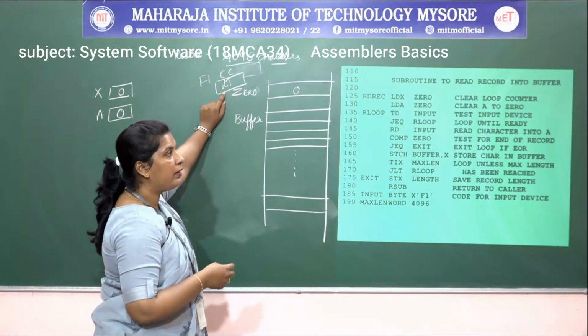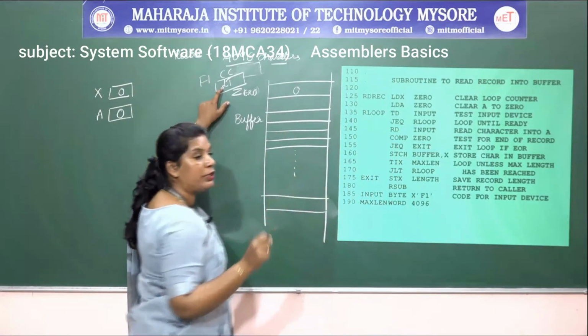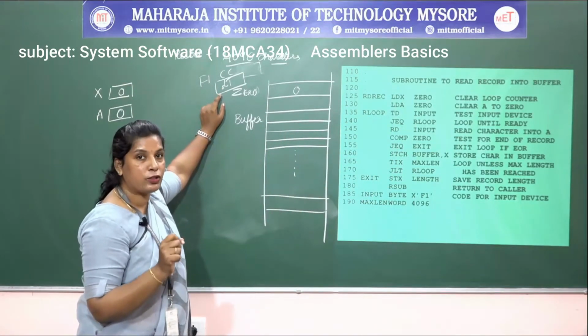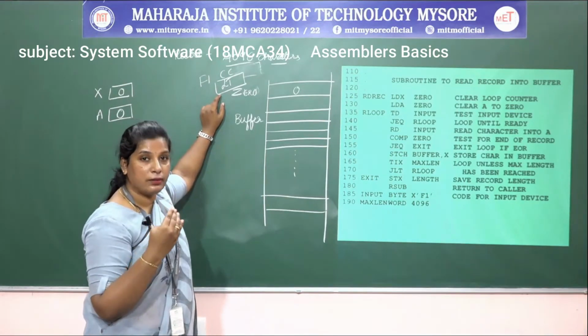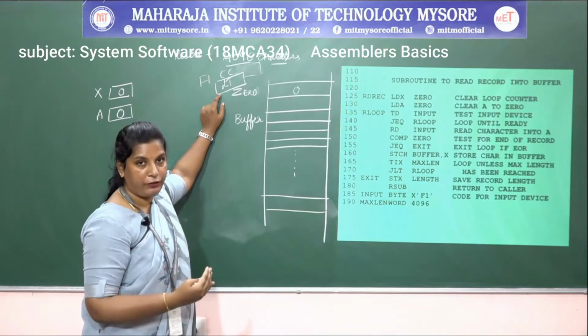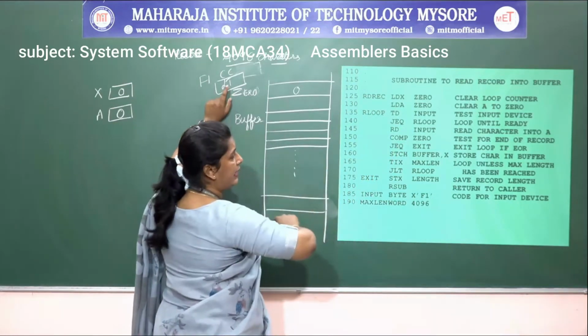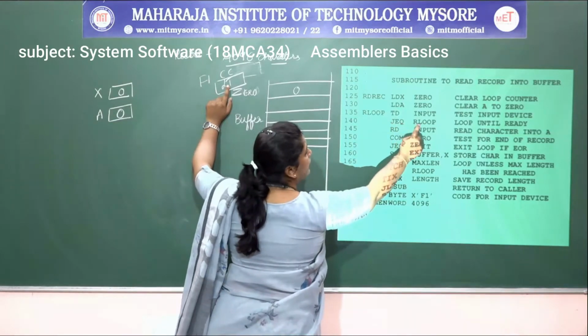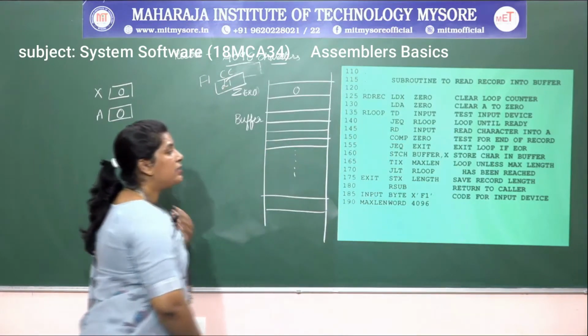So if it is equal, again it is going to jump to the same instruction because it has to put us into the infinite loop. Because we have to check whether the device is ready or not very frequently, right. So it is not equal, it is less than. If this condition fails, it is going to jump to the next instruction. So what is the next instruction?